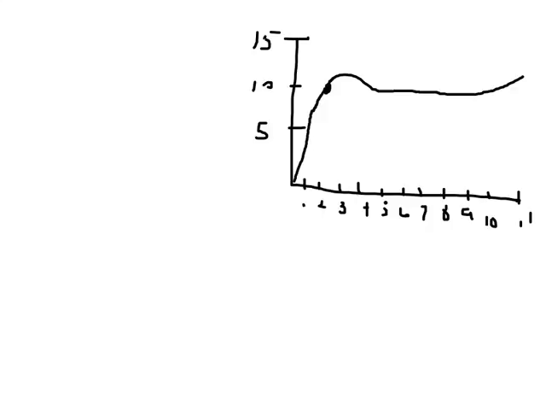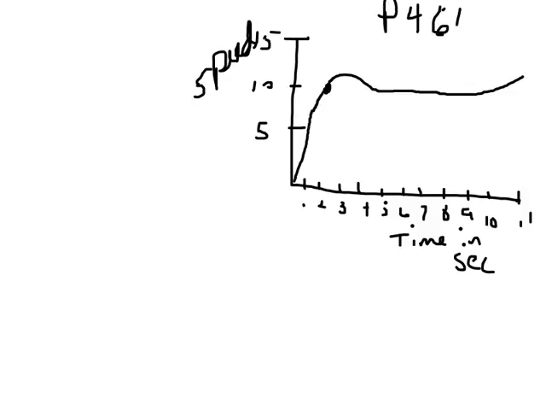All right, this is a video that goes over numbers 47 to 49, and this is a graph of a runner. The x-axis here is the time in seconds that he's been running, and the speed that he's going is your y-axis here. And this is on page 466 in the book. I would look at the figure in the book, but I will use this on the video just to refer to it so that I can point out where they're at on the graph when they're asking the questions